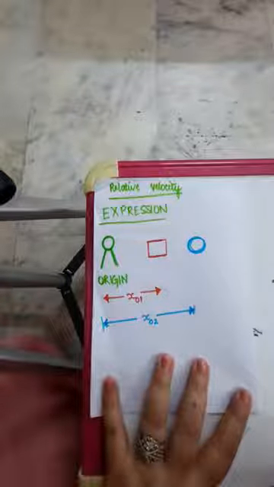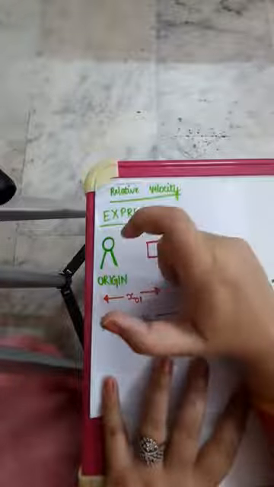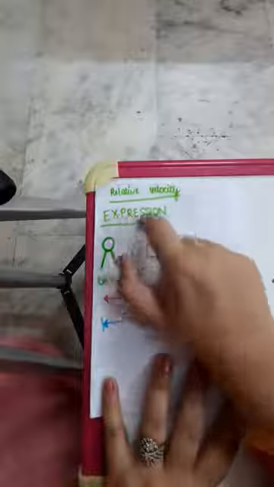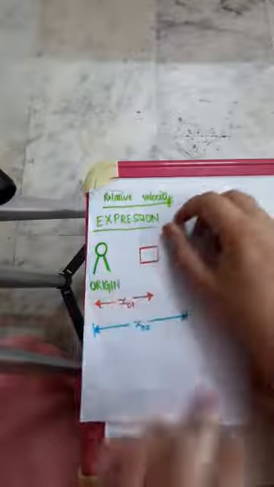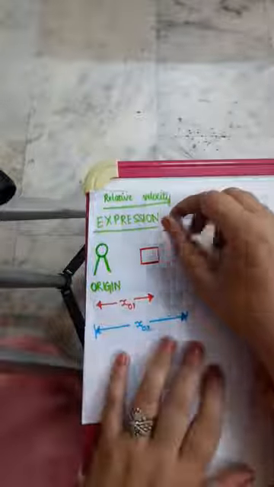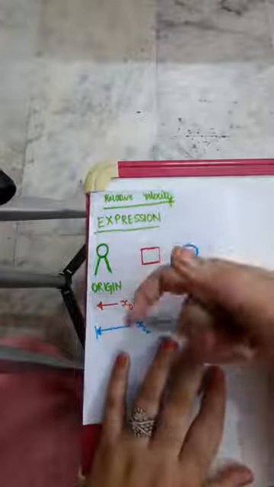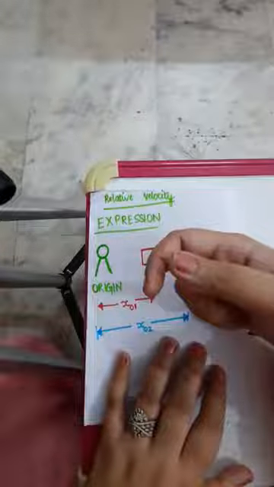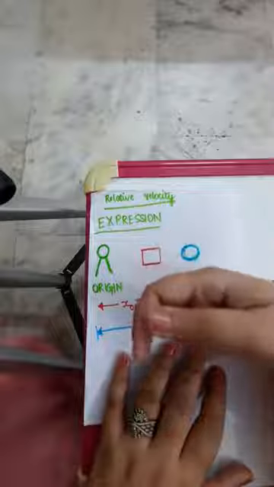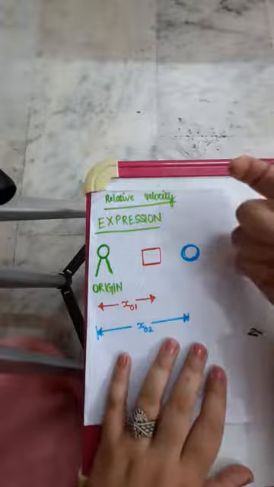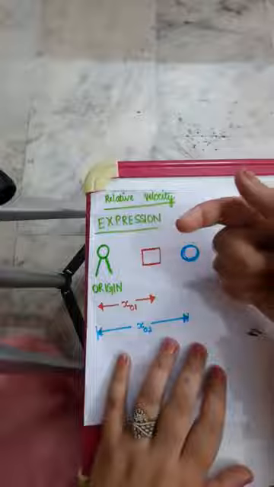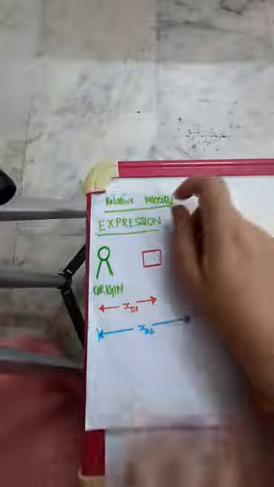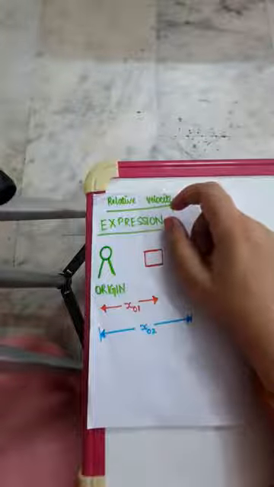Next, we are going to discuss relative velocity. First of all, we will be finding out the expression for relative velocity. But before that, just see what relative velocity is. We often measure velocities, displacements, and accelerations according to the observer, according to the observer at what distance you are, or with what velocity you are moving. So this is a different concept.